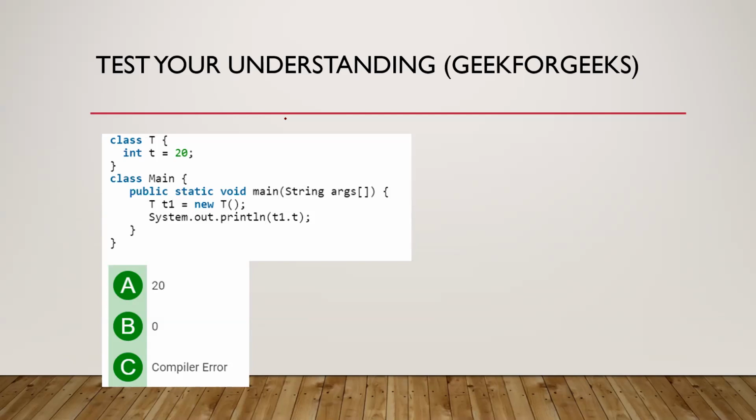So what will happen here, what will the value be? What is the confusion? There is not going to be any compilation error. I am sure all of you have understood that, isn't it? But the confusion is between 20 and 0. Actually the value will be 20. The assignment that is happening will supersede the default constructor.